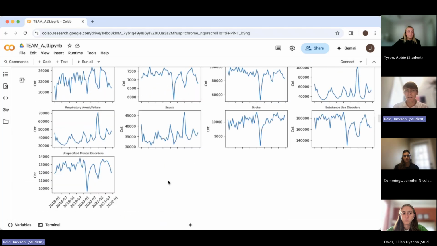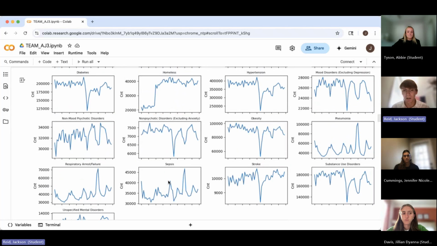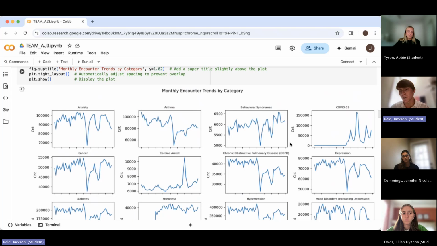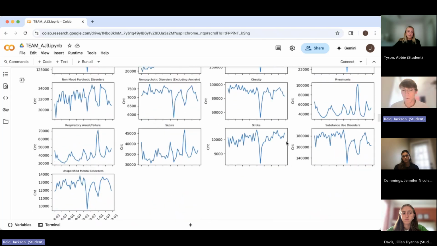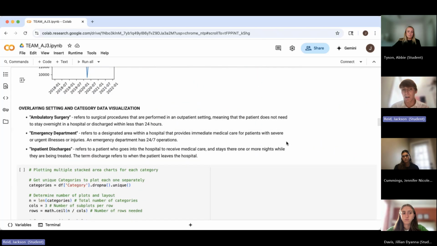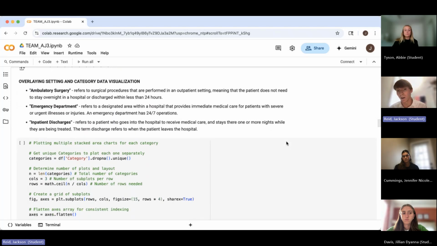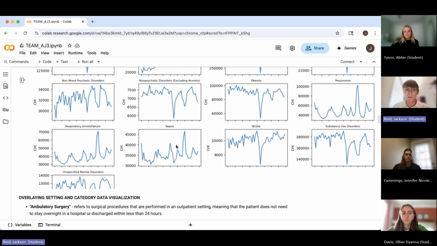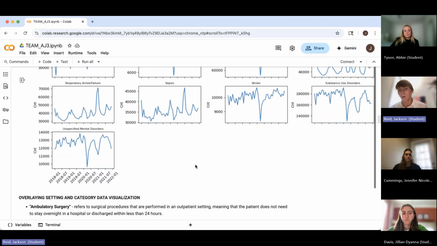Yeah, thanks, Abby. And just to go off what Abby was talking about, it's really important to see some of these trends, like you see with pneumonia, sepsis, and the respiratory arrest and failure, and how those really coincide with an increase in COVID, as a lot of those were direct health issues that COVID typically caused. When you saw the reporting cases for deaths by COVID, yes, the deaths were caused by COVID, but typically that comes into play because things like sepsis and respiratory arrest and failure were what actually caused